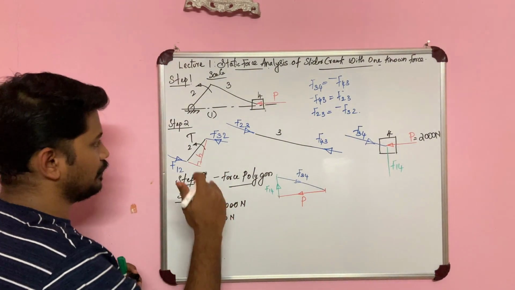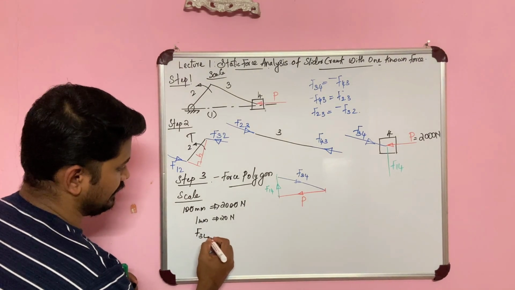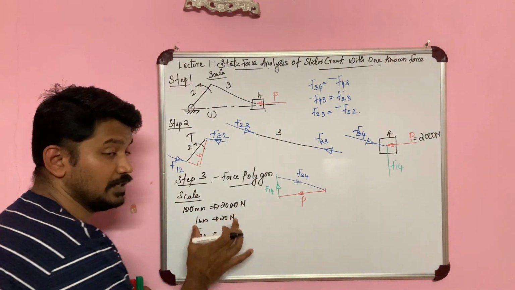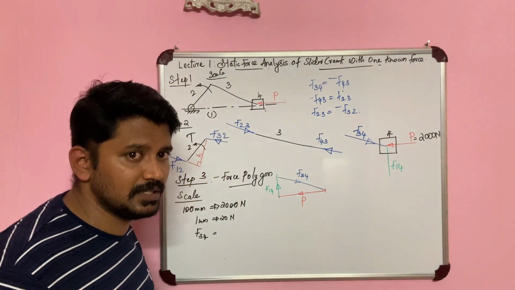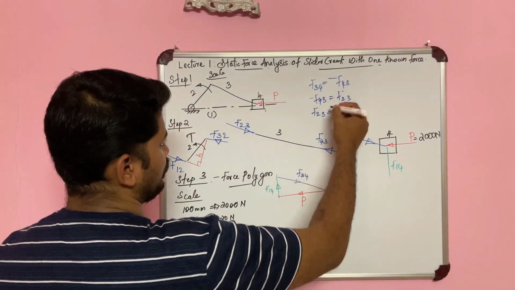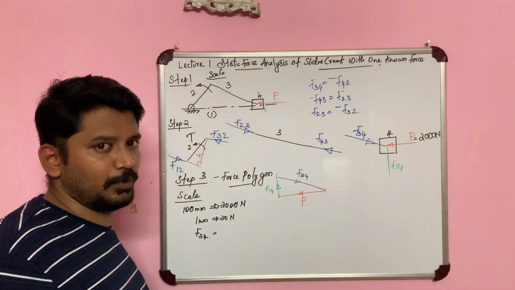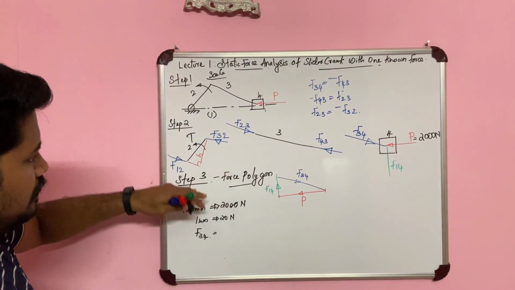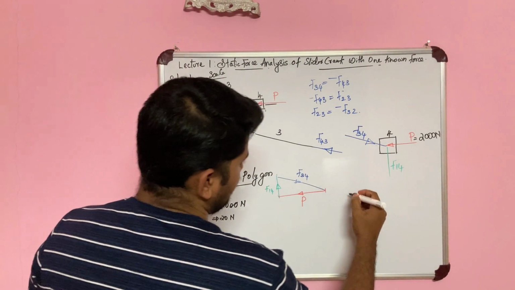So here what I did, I found out the value of F34, right? I got the value from here, measured from here, after scale conversion. After I found that, literally my whole problem is solved then and there. So F34 is equal to minus F43, minus F43 is equal to F23, F23 is equal to minus F32. So literally the whole problem got solved then and there itself. So F34's value I got. So at the end, here I need to find out